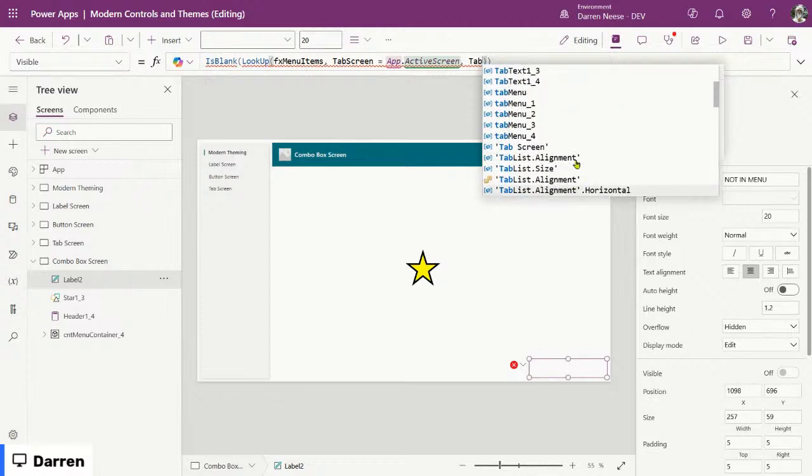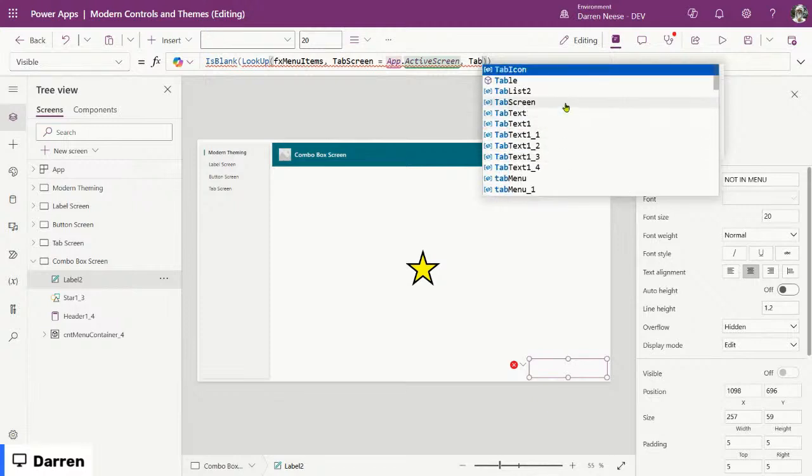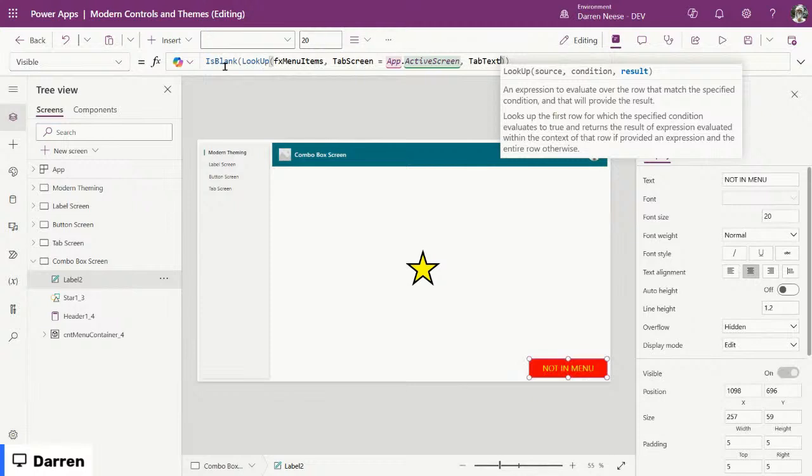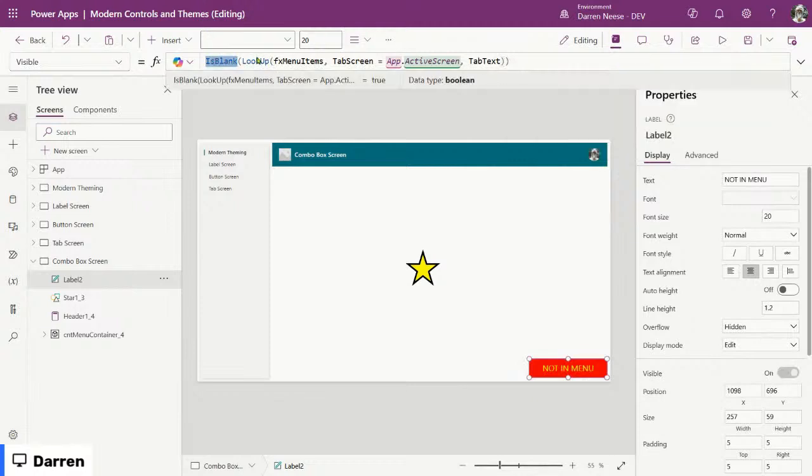What was it called? Tab something. Tab text. That's what I was looking for. So the is blank, sometimes you want to give it a value. So if I did a lookup with just 2, which you might be tempted to do. I'm rhyming now. Is blank